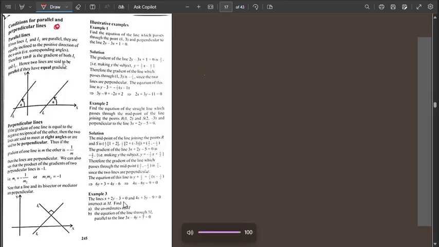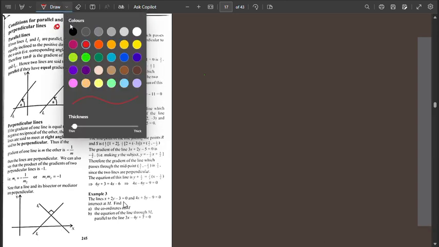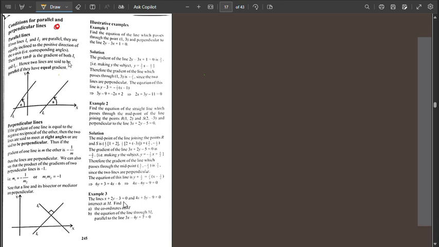Conditions for parallel lines and perpendicular lines. These two terms are worth knowing in geometry. Lines can be parallel, perpendicular, or neither. When we draw lines and they meet at an angle of 90 degrees, then we say